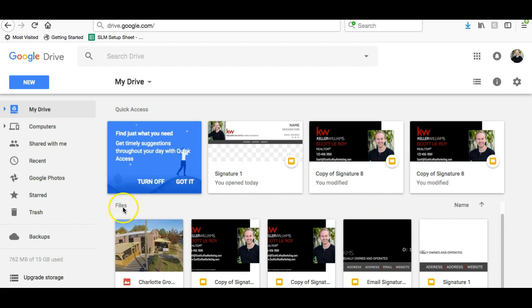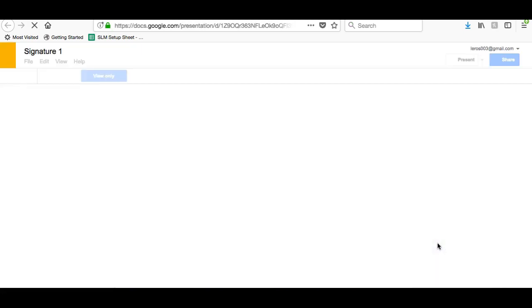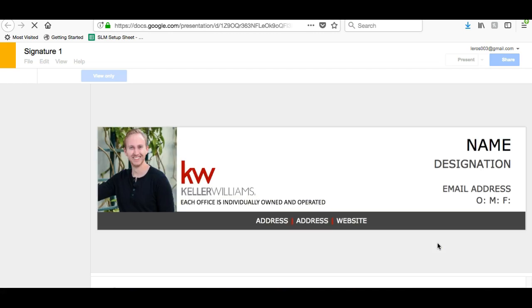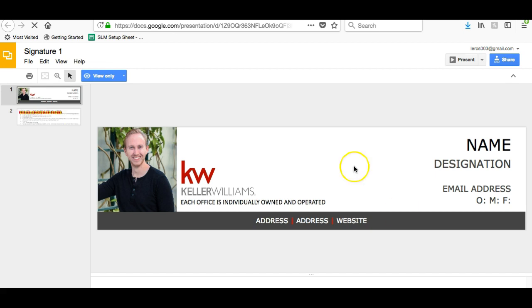If we go down to Files, we can see there's a few in here, but this was signature 1, which we were working on. So now this is in our folder. We can double click that and open it up. And once this gets going,